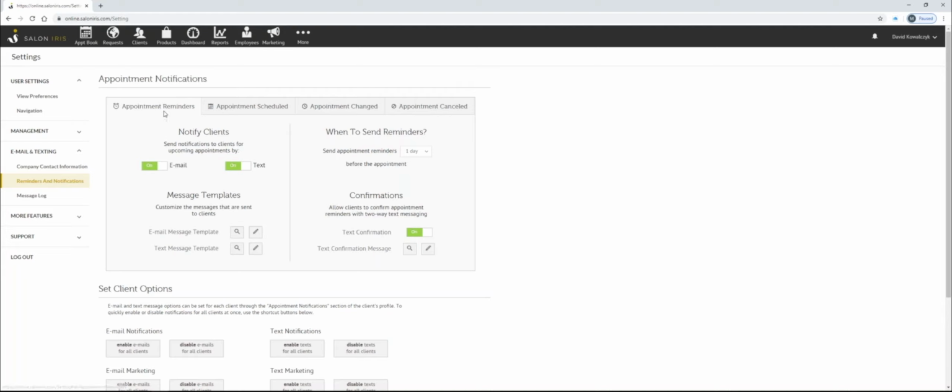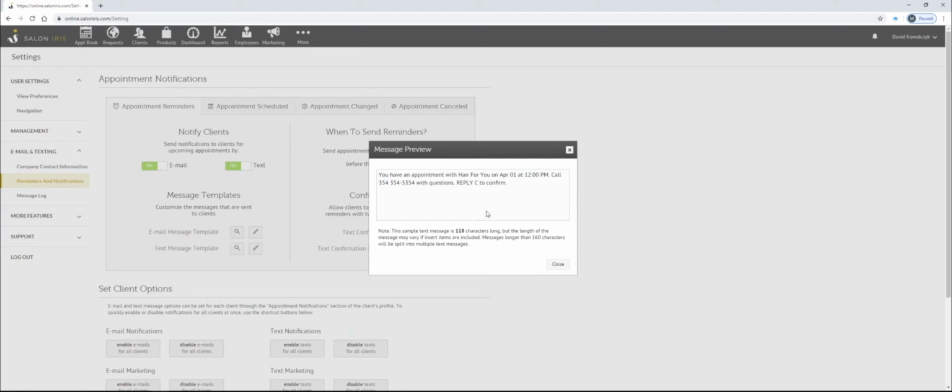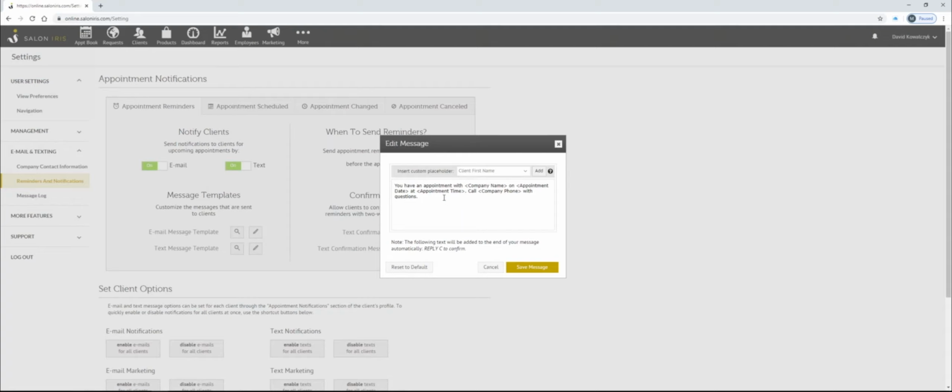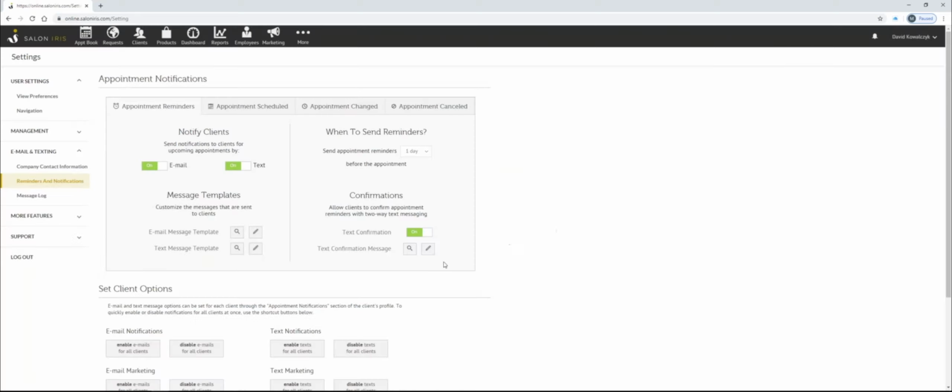Now, from the reminder section here, we have the appointment reminders, and we have the option to notify them via email and text message. We can configure how many days before their appointment they're going to get a reminder. And we can most certainly confirm their appointment via text message if they so choose, or if you allow that. Now, with that being said, you can most certainly alter the email. You can alter the text message. You can also preview them and see what they say in here, and you can craft them to say something differently if you need them to, just for your eyes.